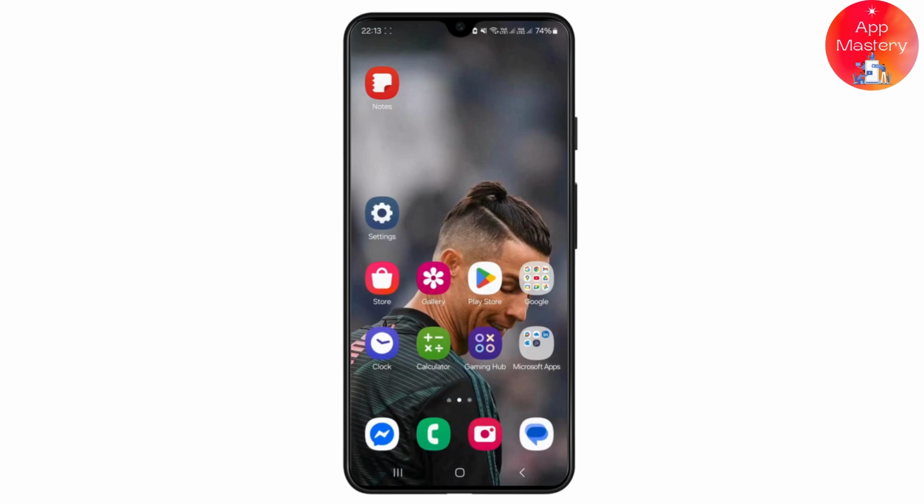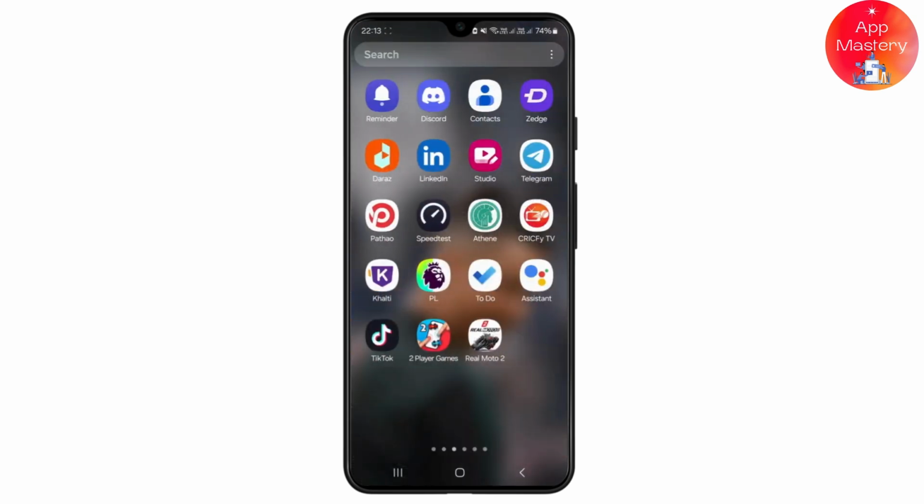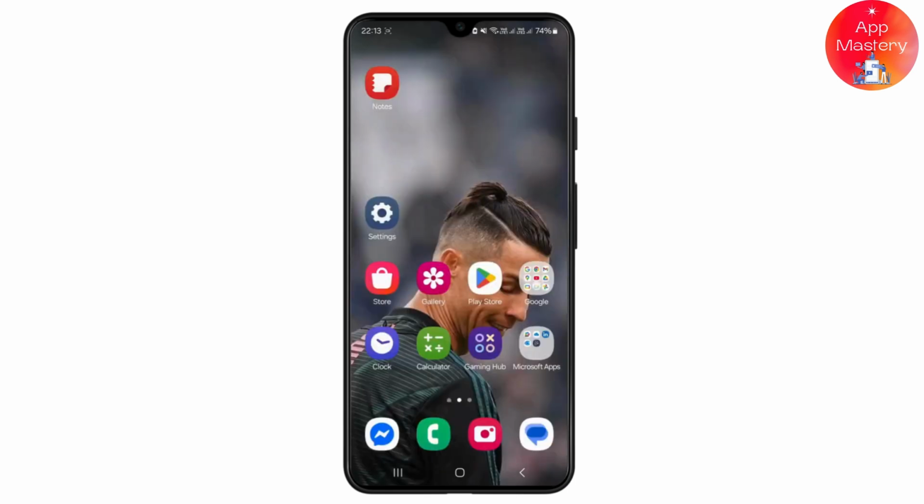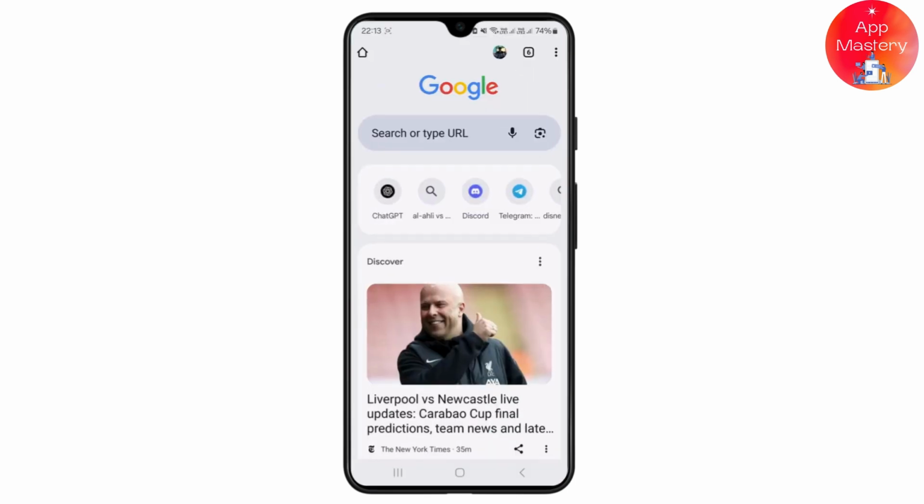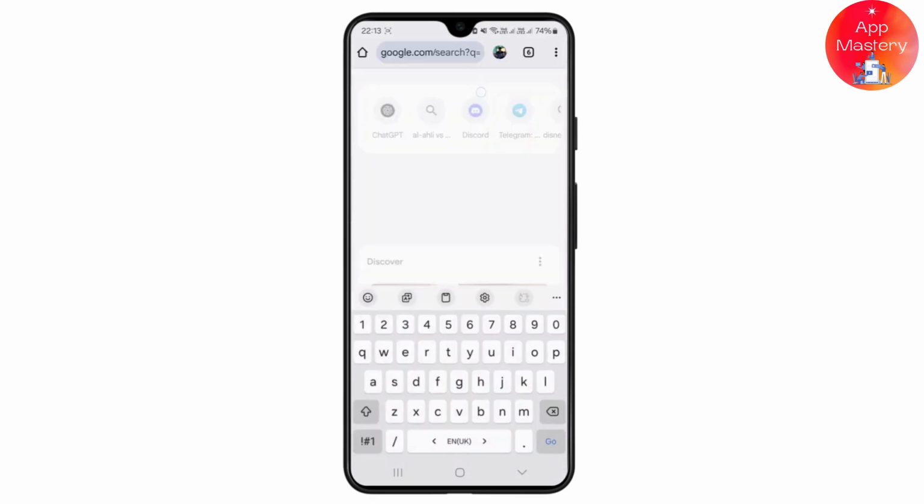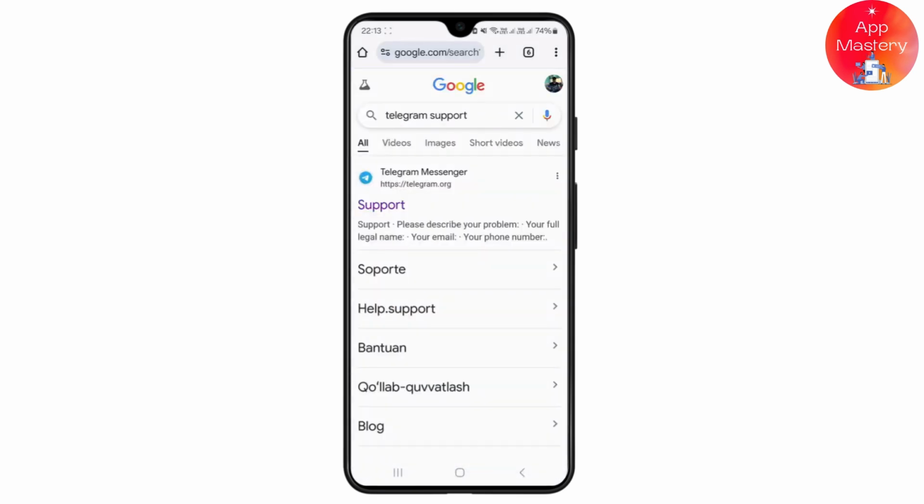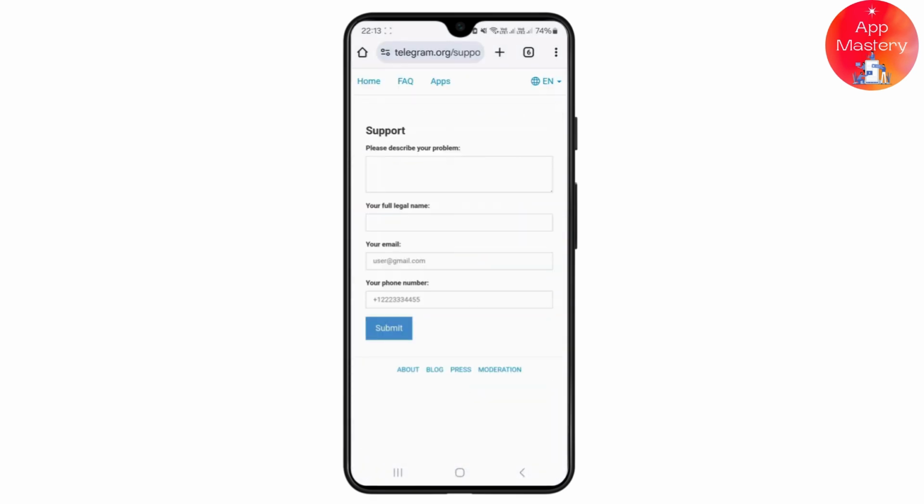In this quick tutorial I'll be showing you how to recover a deleted Telegram account. For this tutorial we will not be opening the Telegram application since it's been deleted, so we'll just be heading over to our browser, any of your browsers, and just searching for Telegram support just like this. Once you've searched for Telegram support, click on the first link that appears, and from over here all you